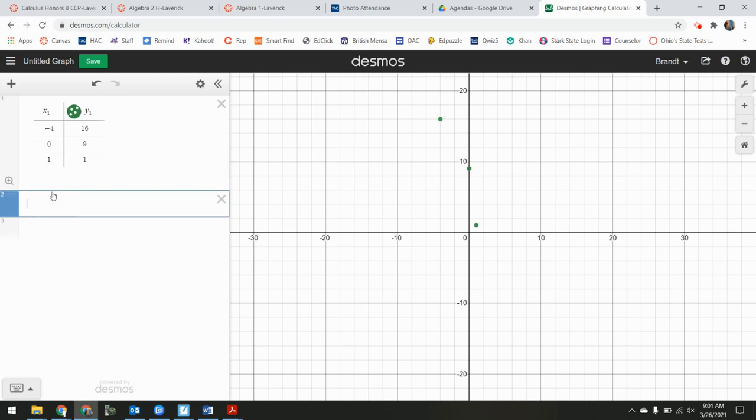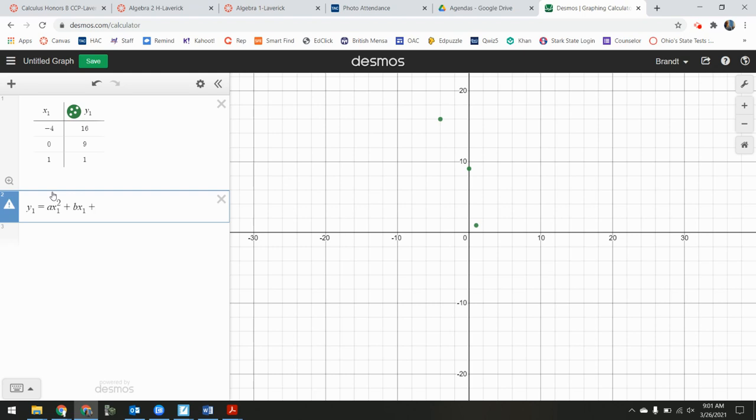Now I want to input the equation. Again, how we do that, we go y1, y, and then you just type the number 1. It knows to go down into a subscript. You type it is equal to, and now we've got to type in ax squared plus bx plus c. A x1 squared plus b x1